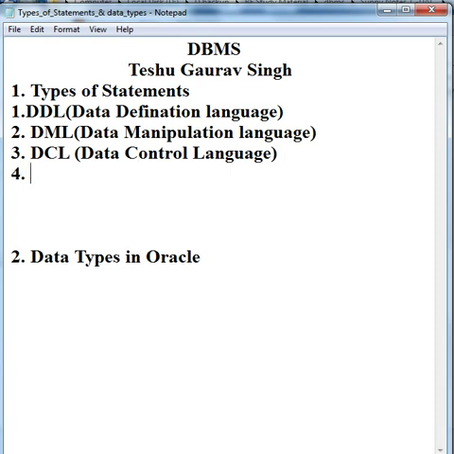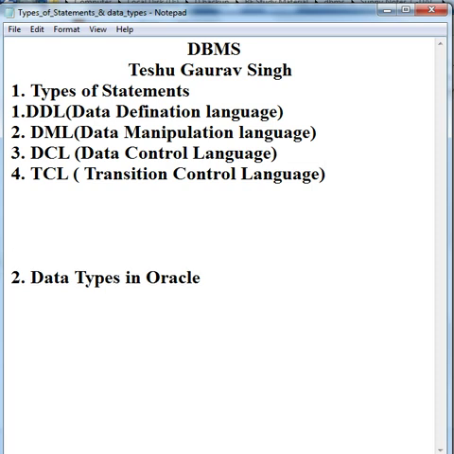Then we have TCL, transaction control language. And finally DQL, that is data query language.